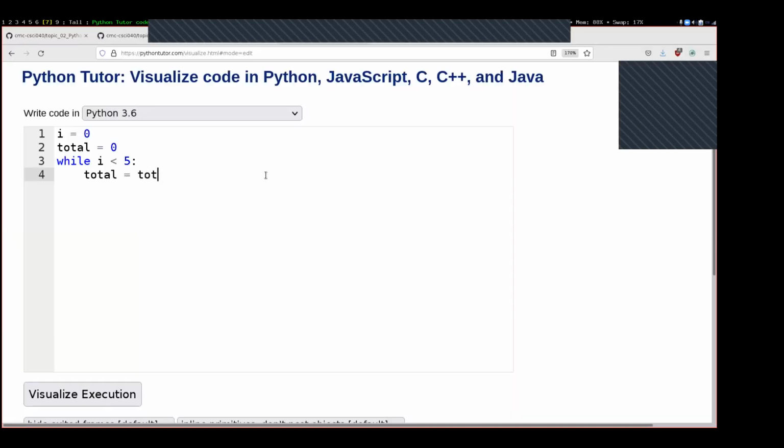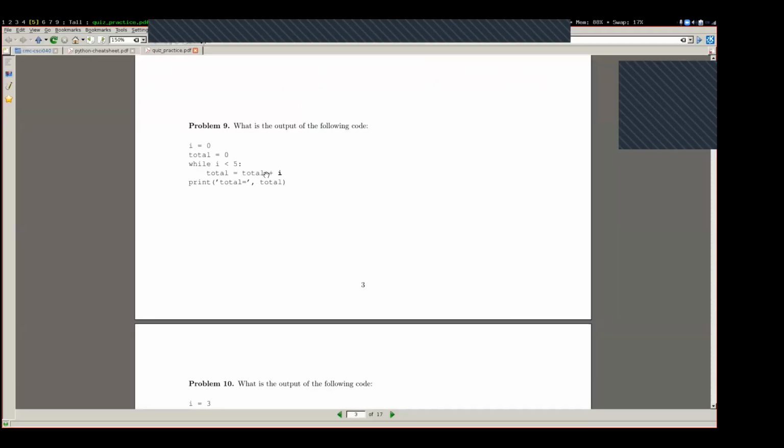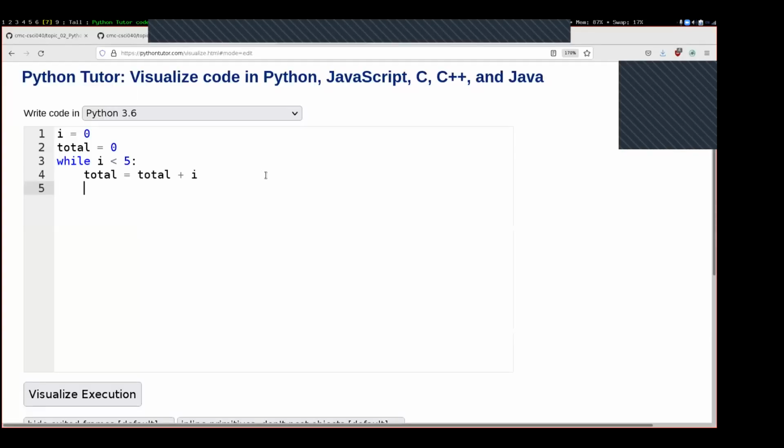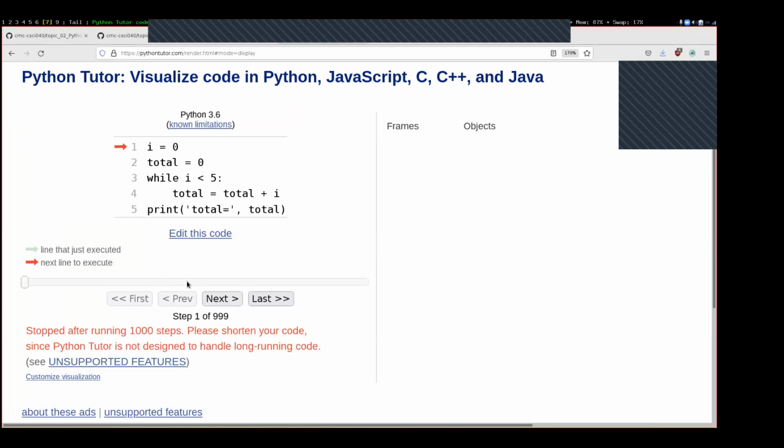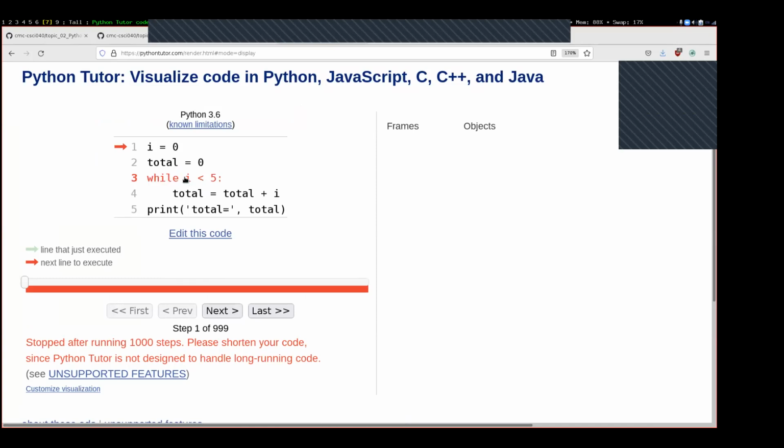And then print total equals comma total like that. And visualize the execution. And now, a while loop is like an if statement in that it has a condition after it and a body down here. And so these first lines run,